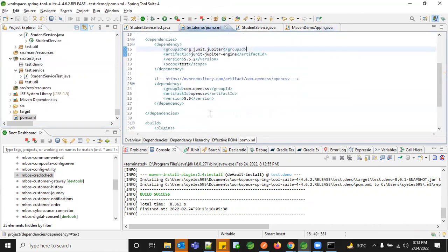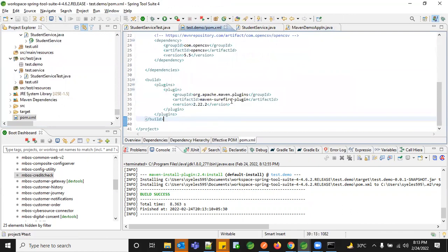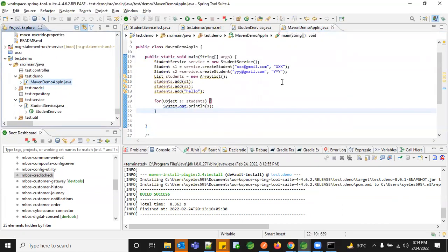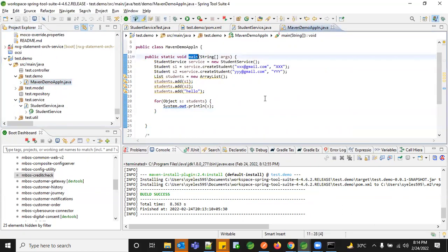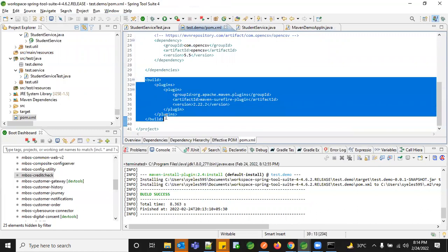So when you get this error under this particular build package, right now I'm just executing the Maven Surefire plugin. So now let's build it with our main class. The main class for this application is your Maven demo application. We need to mention wherever you have your driver class, and how we do that is we update it in our pom.xml under this build package.